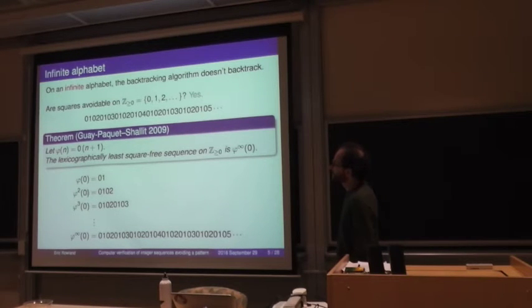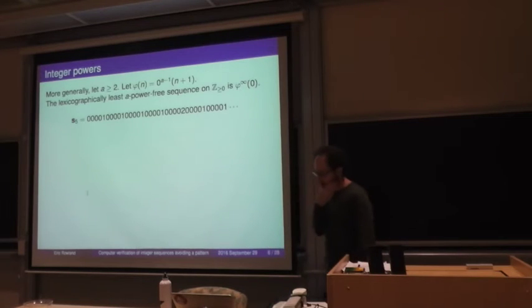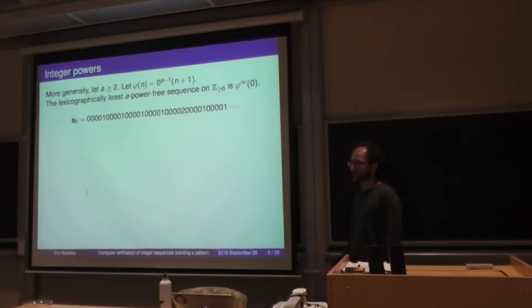So this is just a different way of thinking about the structure of this word. It's a morphism characterization. And throughout the rest of the talk, these morphism characterizations are going to be the main way I'm going to be writing these results. They seem to be the most natural, well, one of the most natural ways. Okay, so that was the lexicographically least square-free word on the non-negative integers.